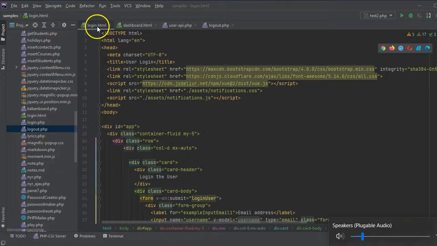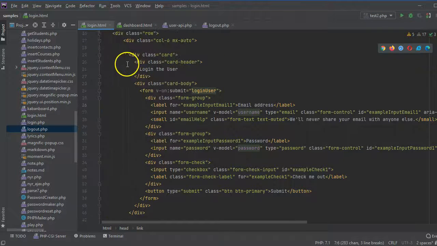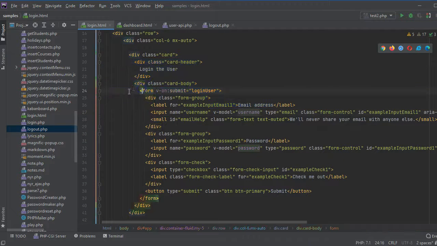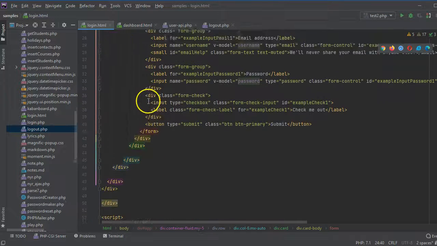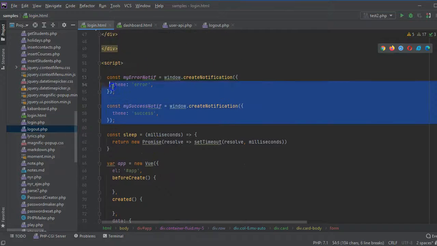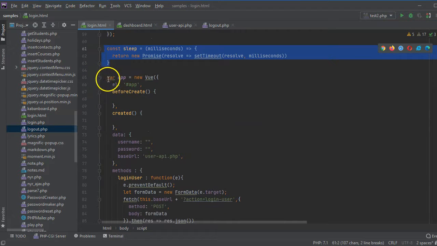So this is the login HTML page. We just have our basic Bootstrap and our CSS and Vue, and then the notifications. We have a basic HTML form for Bootstrap. We have on submit, login user, and that's basically all we need. We can go down here, we create our notifications. We have sleep, I'll show you what we did with that later, and then this is where we create the